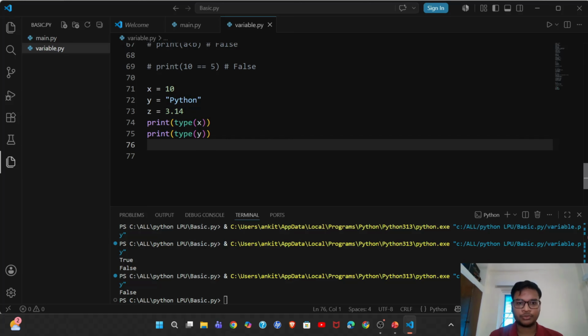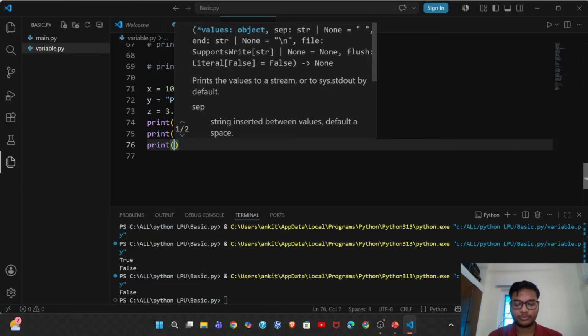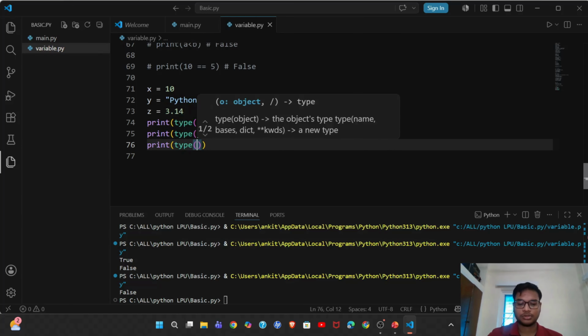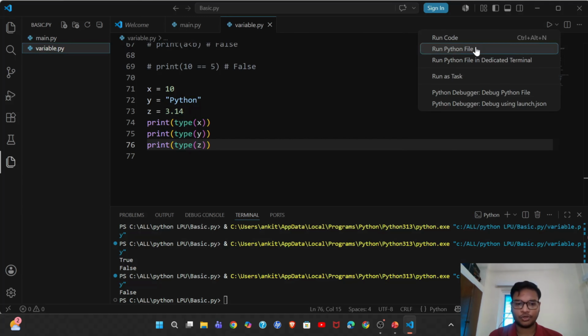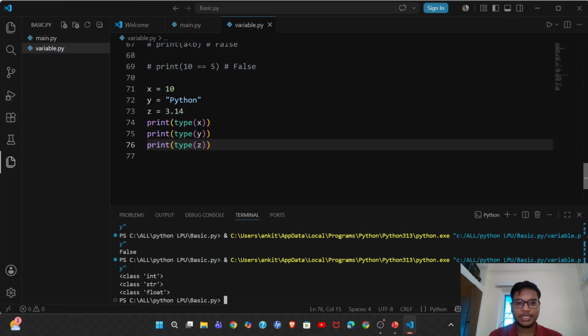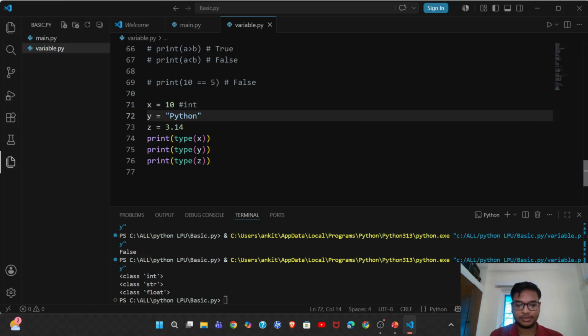Now just see the output. x equal to 10 is the integer, y equal to Python is the string. If you have any problem, just comment here. That's the int, and this is the string,